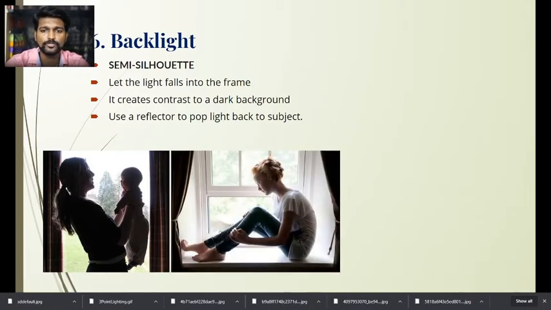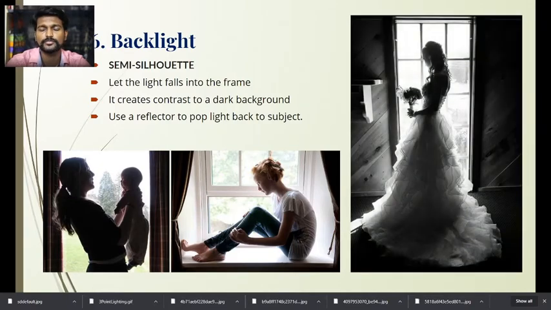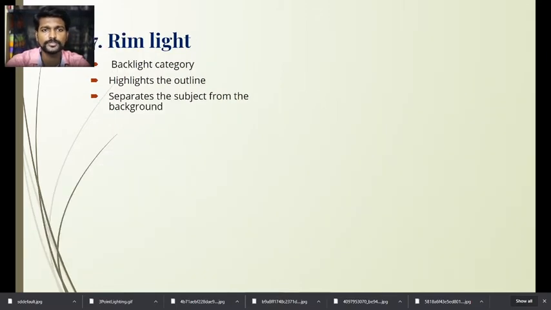Okay. So one more example here for backlight and another example. So most of the wedding photographers will be using this type of lighting to give a creative look for the bride and groom. Okay, we'll go for the next lighting. Okay, this is rim light.